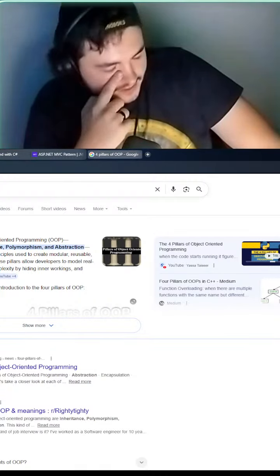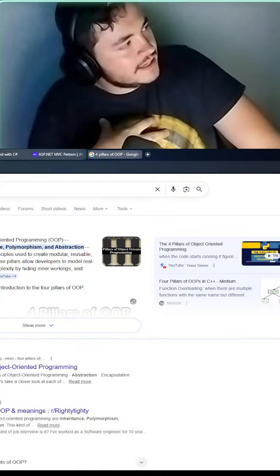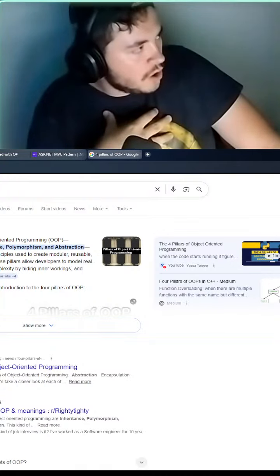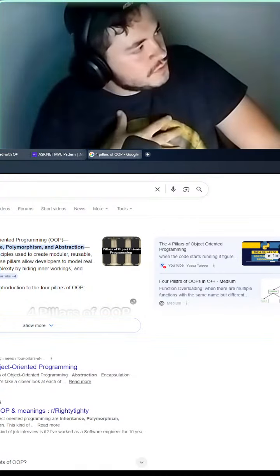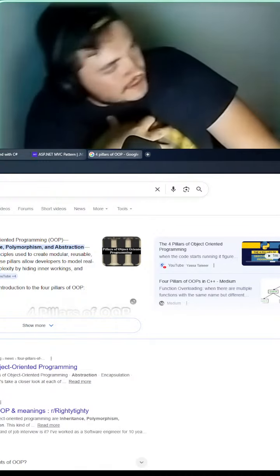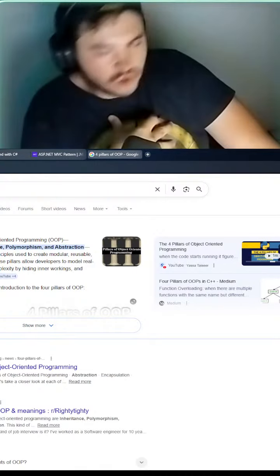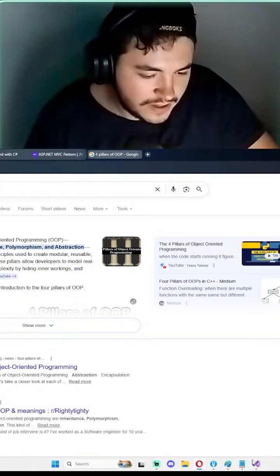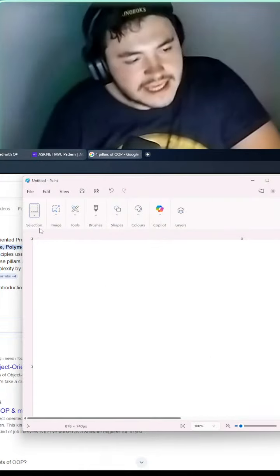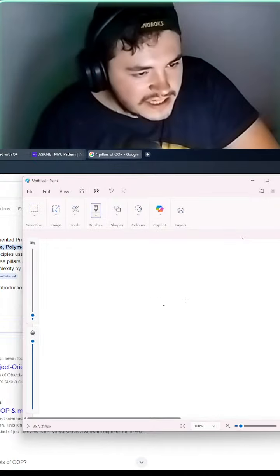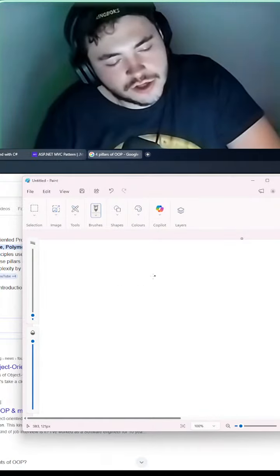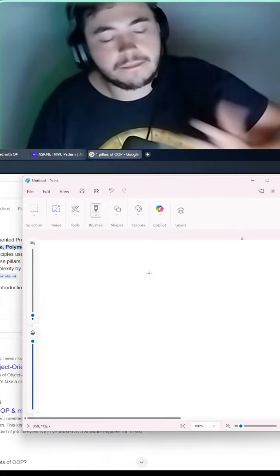What is a class? A class is a section of code where you store certain attributes and certain methods that pertain to the class. So let's open up a quick and easy paint thing here. Let's say you have a basic class.